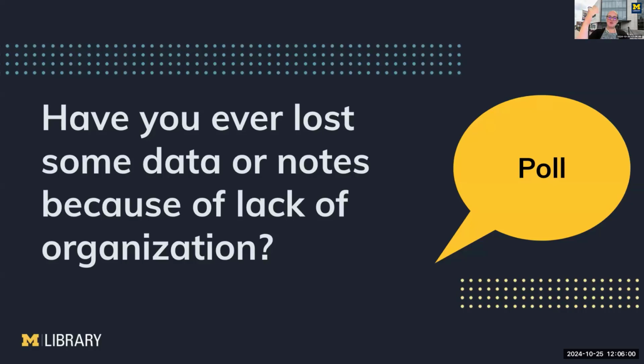So just take a look at those poll options there. Think about maybe something that's happened to you in the past. I know that when I was in college, I was writing an essay. It was actually for computer science, I think, and I had grabbed a bunch of books out of the library,